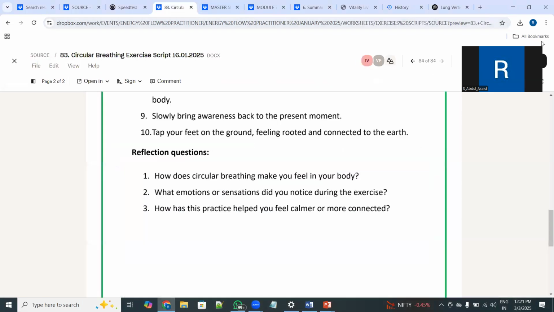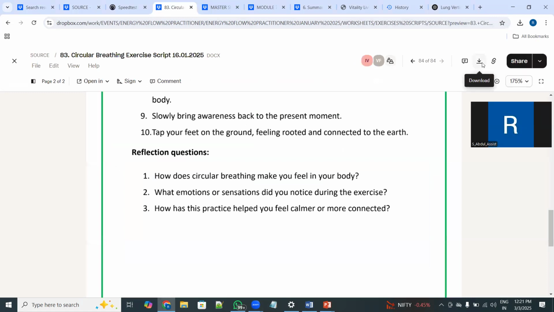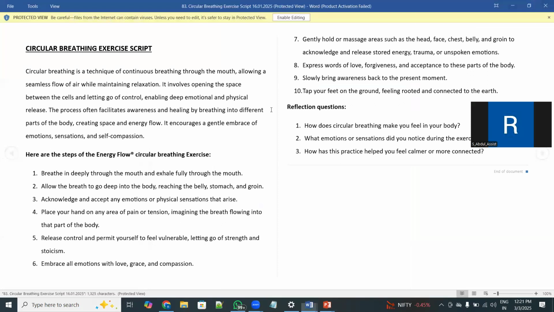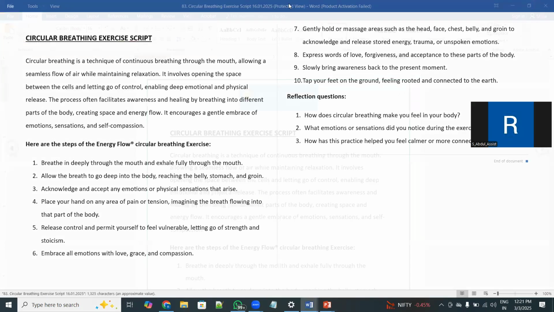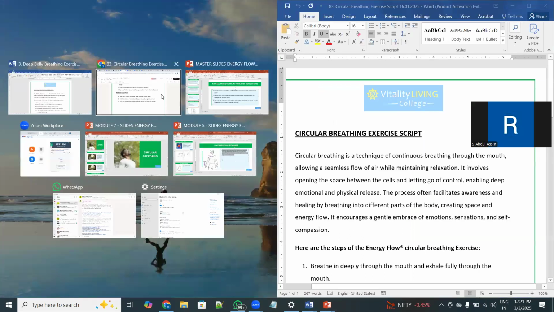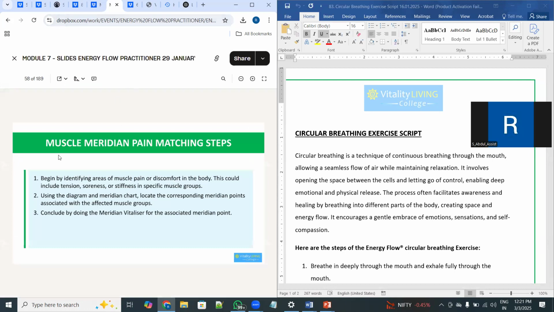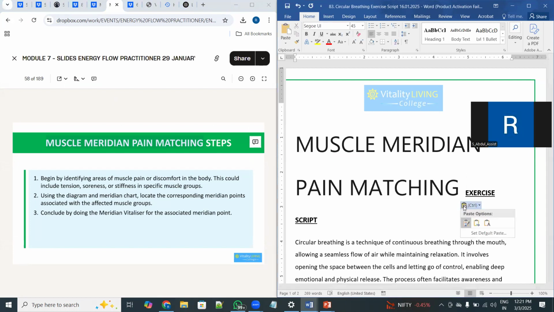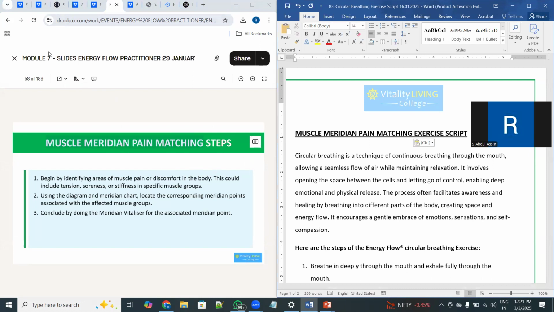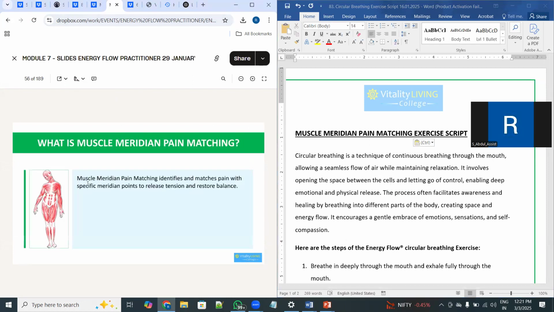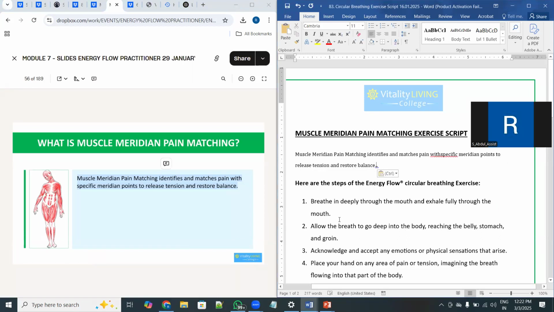Let me demonstrate how exactly we do it so that it gets clearer. Let me download this exact same exercise. We'll do enable editing. Then first, to begin with, I have the name of the exercise, which is muscle meridian pain matching. I'll copy this, we'll paste it here, fix the formatting, then I'll go to this particular point, copy this, I'll put it as an introduction, fix the format,